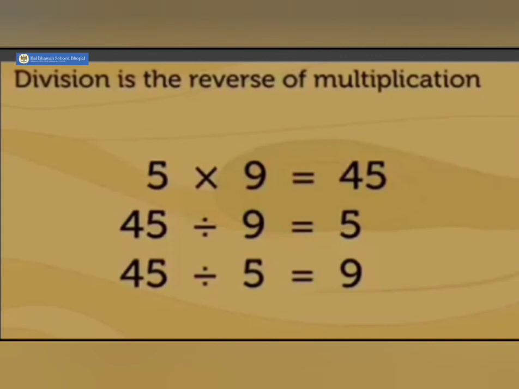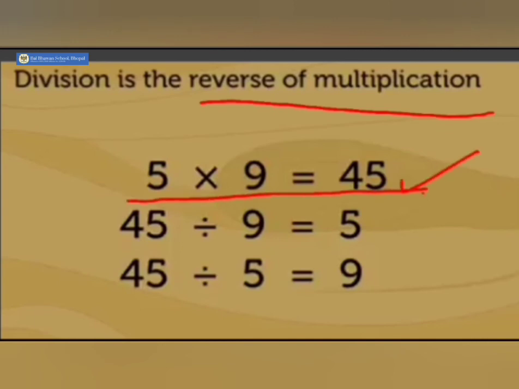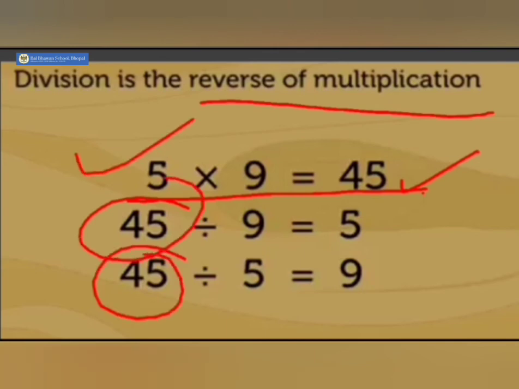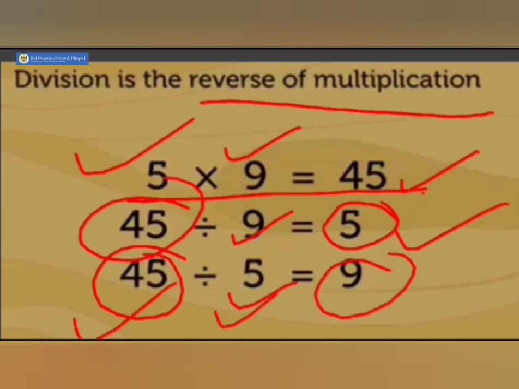Let us take another example. Remember, division is the reverse of multiplication. 5 9s are 45 is given. Taking 45, the product, as the dividend here and dividing it one by one by each factor as the divisors, we get 5 as a quotient here. 9 5s are 45 and here 5 9s are 45. So this is how we create division facts out of a given multiplication fact.